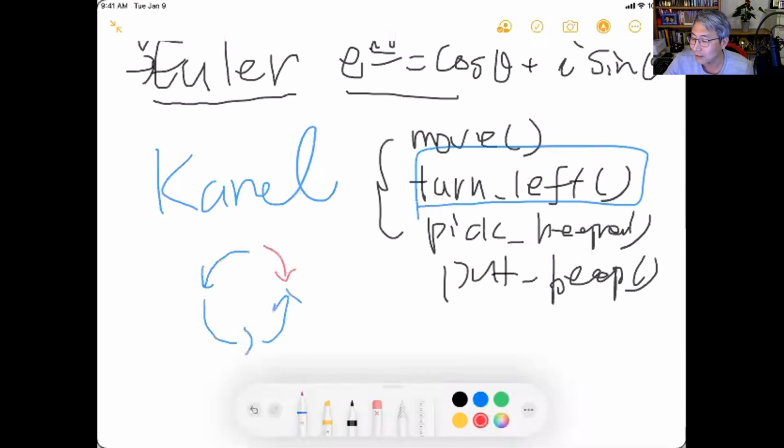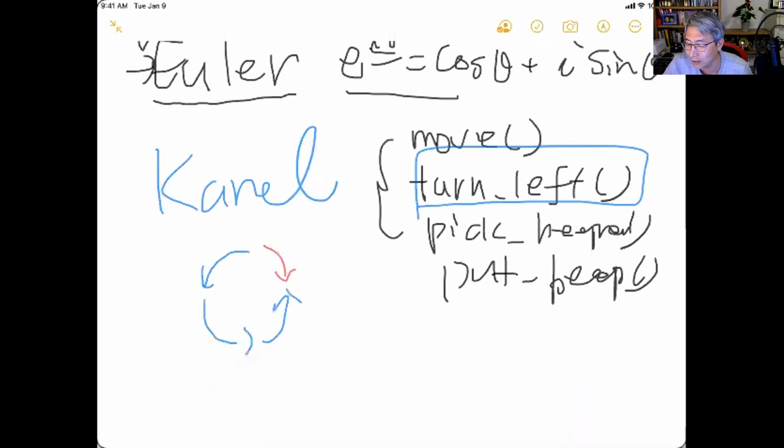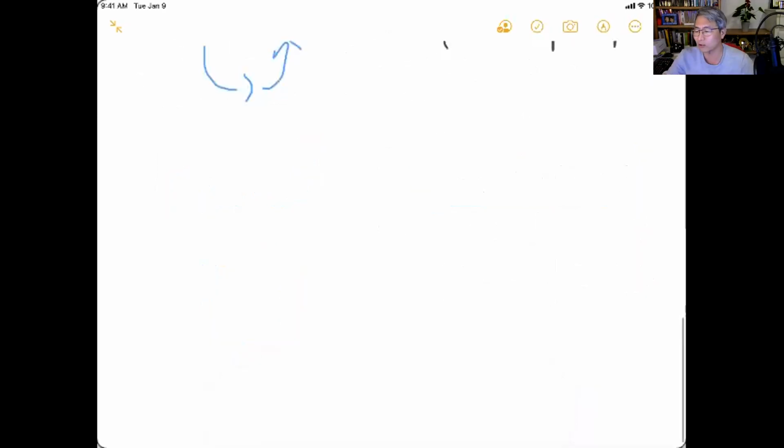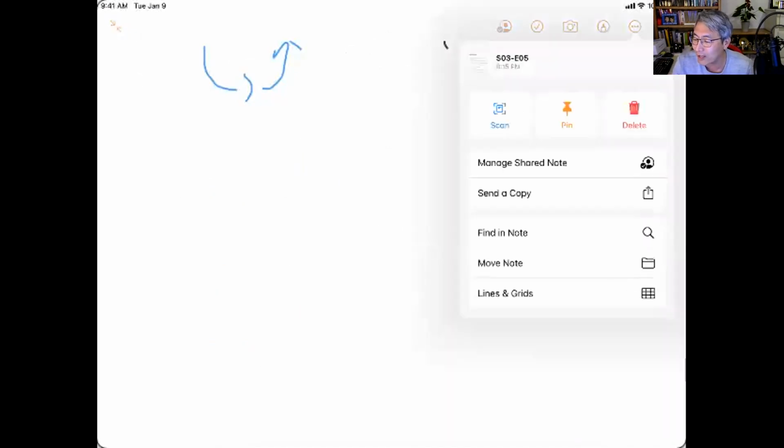So last the season one, we have it like how can we? But every time, whenever you have the turn right, right? So we need to do the turn left, turn left, turn left. So if you need to turn right, turn left, turn left, turn left. So it's repeated. We don't want such a repeated. Then how can we address such a problem